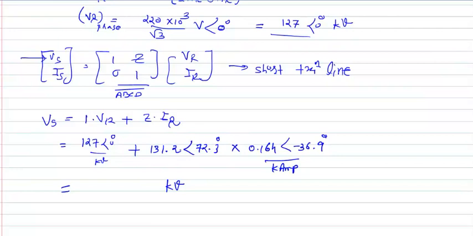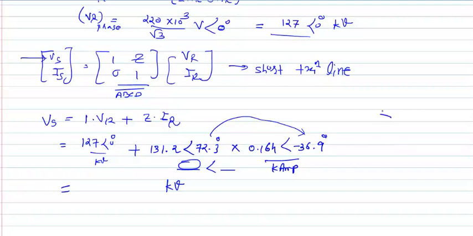You have to multiply these two polar quantities. Always the angle will be the summation, and 131.2 into 0.16 is the multiplication. So it gives some value in terms of magnitude at an angle. So here you need to do the summation, and whatever the answer, you have to convert this into rectangular form, and you have to add it with this particular quantity, right?